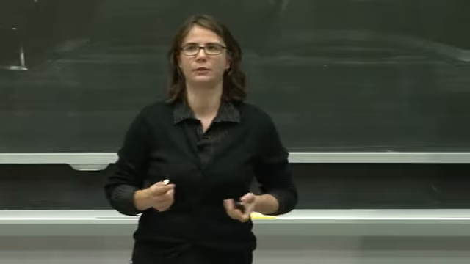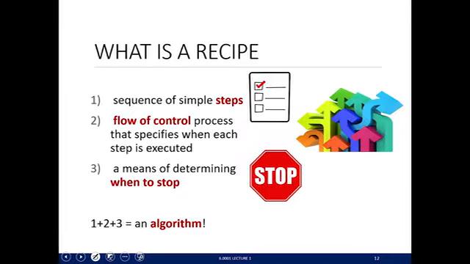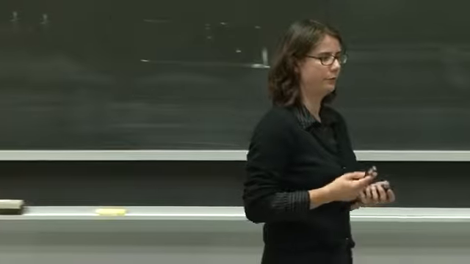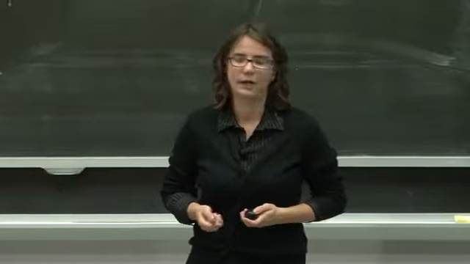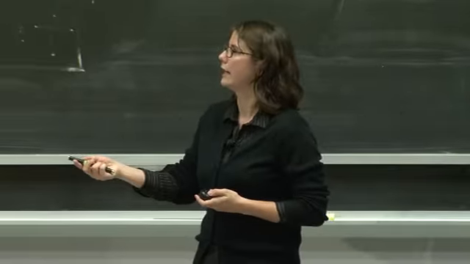And the last part of the recipe was a way to stop, right? You don't want a program that keeps going and going. Or for a recipe, you don't want to keep baking bread forever, right? You want to stop at some point. Like 10 breads is enough, right? So you have to have a way of stopping. In the previous example, the way of stopping was that we decided we were close enough. Close enough was maybe being within 0.01, 0.0001, whatever you pick.